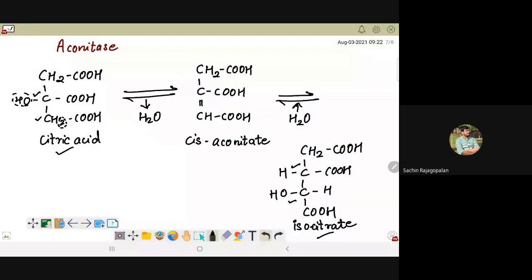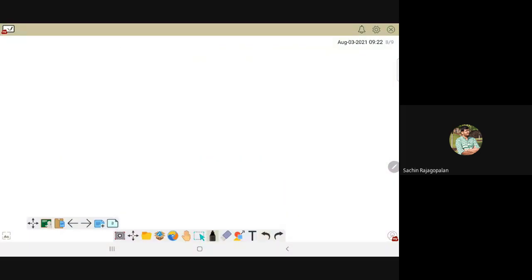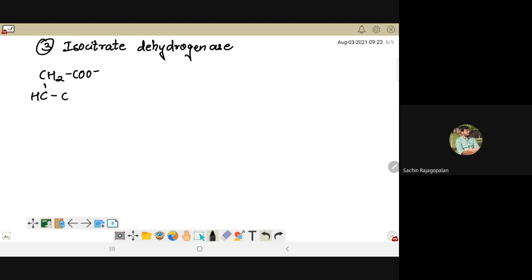Great. So let's see the next reaction. Maybe we'll not be able to complete this entire reaction, but at least part of it will be done. Now we are speaking about a very significant enzyme, which is known as isocitrate dehydrogenase. As the name suggests, you are going to carry out oxidation in the process, right? So what you have with you is this particular structure.